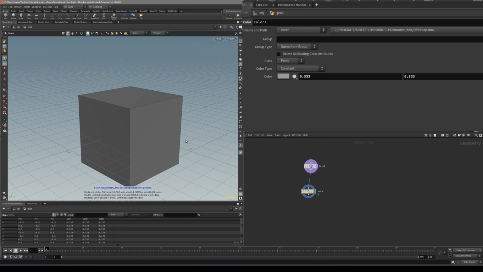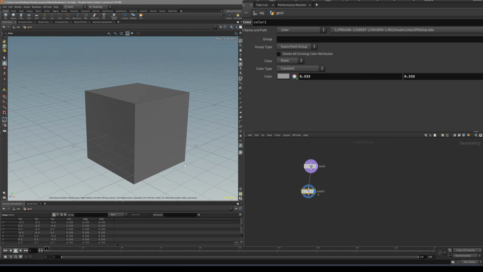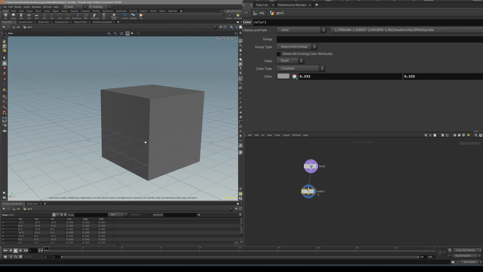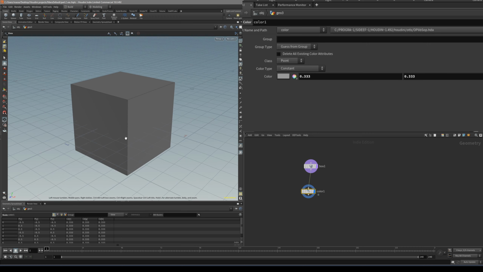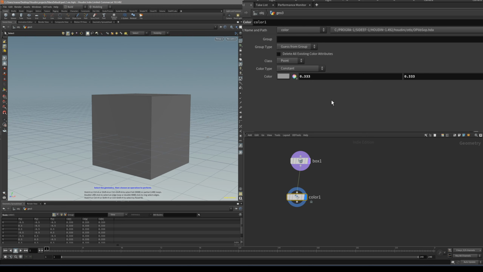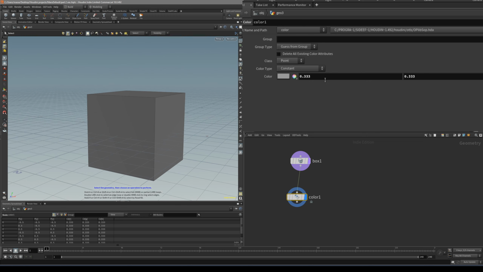For the second part of this video series, I wanted to touch on some of the things that I didn't talk about in the first one, and let's start with some basics with channel referencing. Let's say with this simple setup, we have a box and we need to color it. One thing to remember, that's actually the single lines with VEX we can actually write inside any of the channels